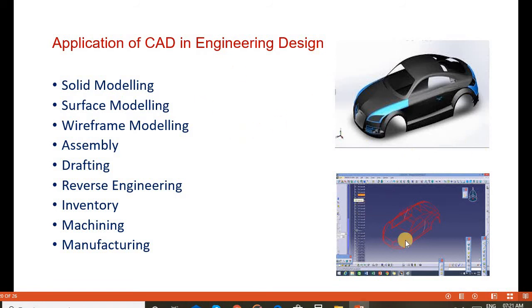And wireframe modeling, this figure shows the wireframe modeling. So wireframe modeling, solid modeling, and surface modeling, all these three types of modeling can be created in CAD systems. Then assembly drawings and 2D drafting can also be created using CAD systems.